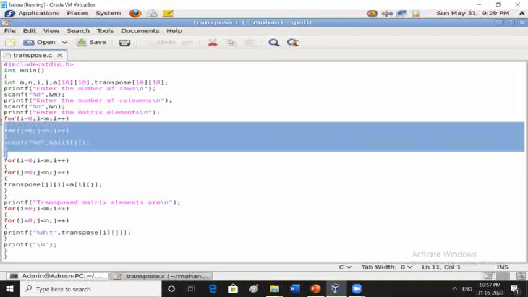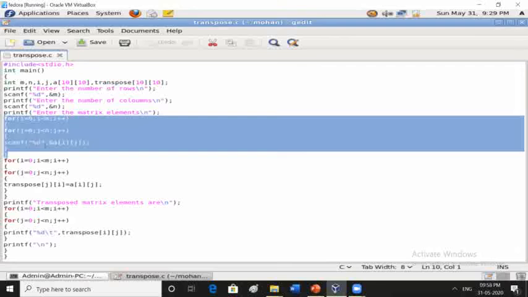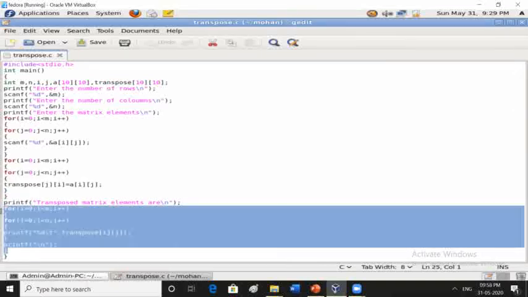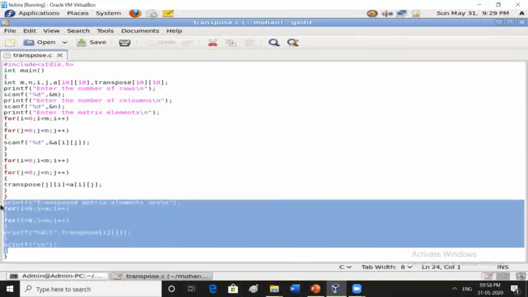First you read the first matrix, for that a is the variable. Then you are going to interchange the i and j values. Transpose of ji is equal to a of ij, so it's going to interchange the i and j values. Now you are going to print the resultant transpose matrix here. Transpose matrix elements are transpose of ij.